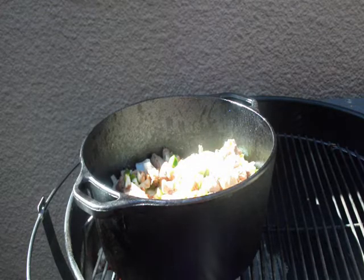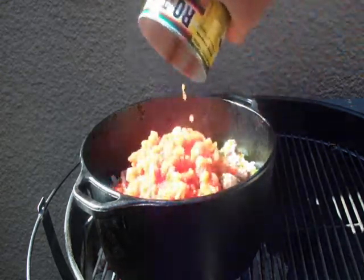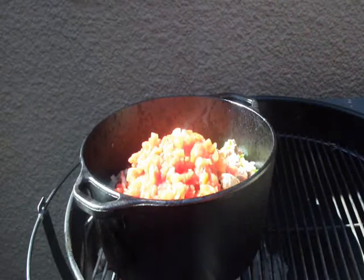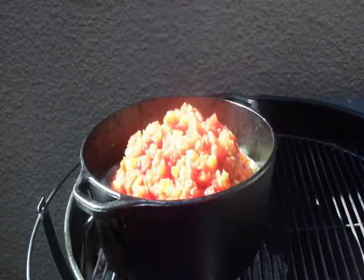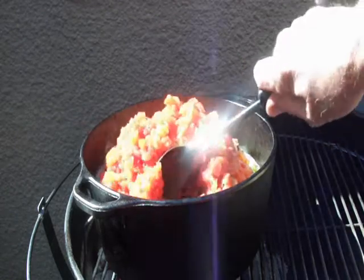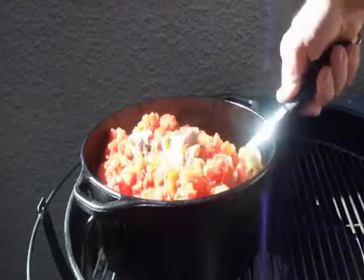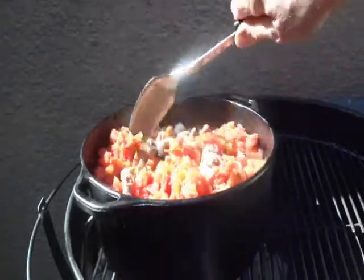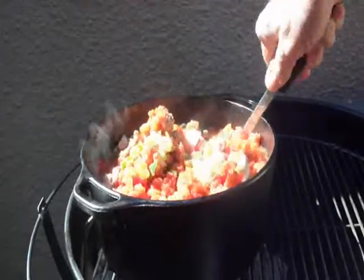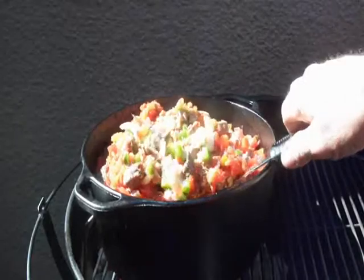Okay, the next ingredient I'm going to add is 2 cans of diced tomatoes. And these diced tomatoes already have green chilies in them, which is really good if you could find them in your grocery store. It's excellent. It's mild, they're not hot or anything, but we're going to add some spices that's going to give this some kick. And that's the third rule of chili for me, is that you always add the spices,